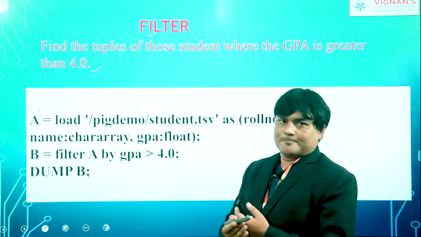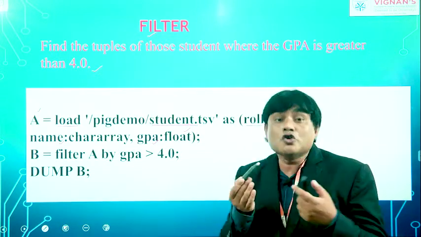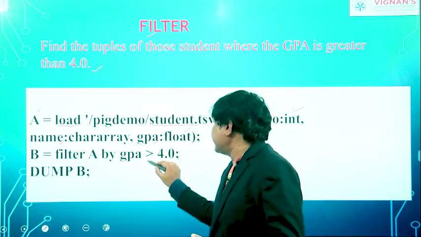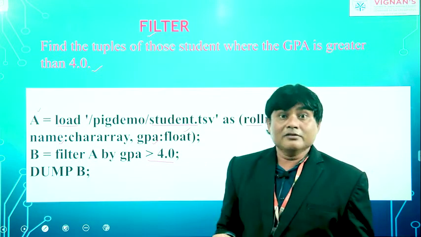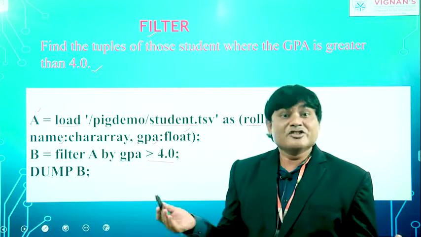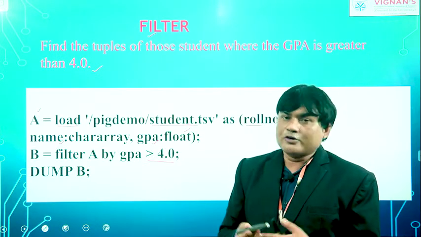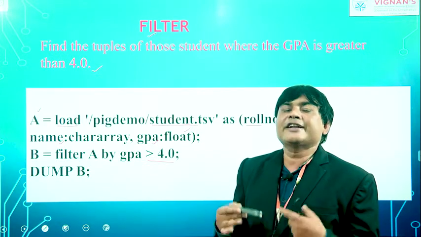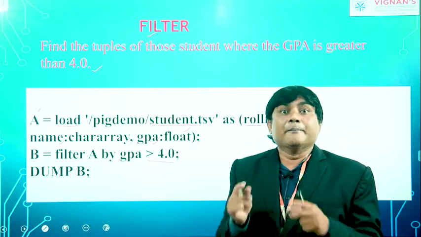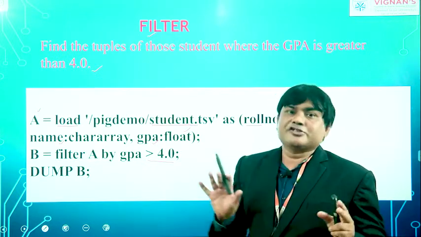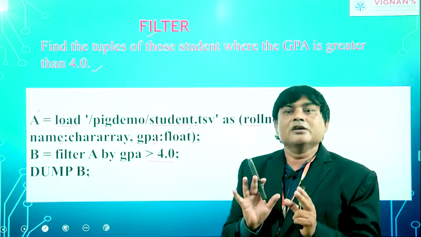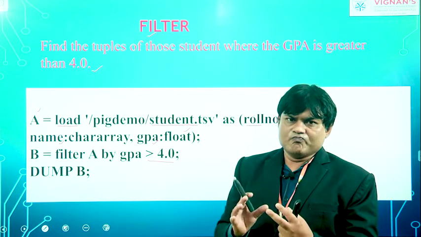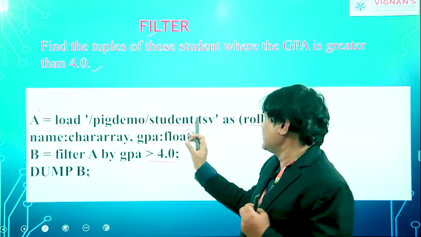about the students. Now I want to filter only those students whose GP is greater than 4.0. Obviously, I can apply the filter here. For me there is no other option, because I want to filter them. I don't want 3.0 students. I don't want 2.0 GPA. I want GPA greater than 4.0. It means I need bright students. I don't need the weak students. I want only the very bright students from this data.